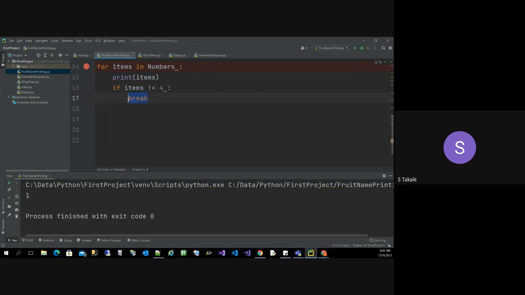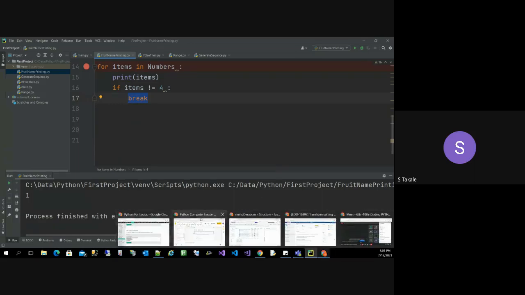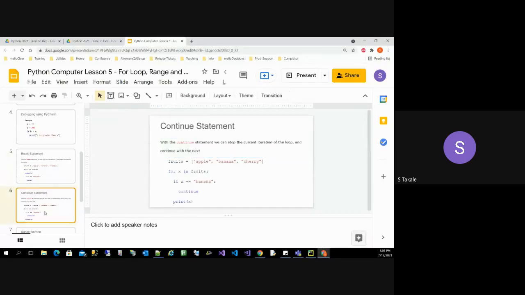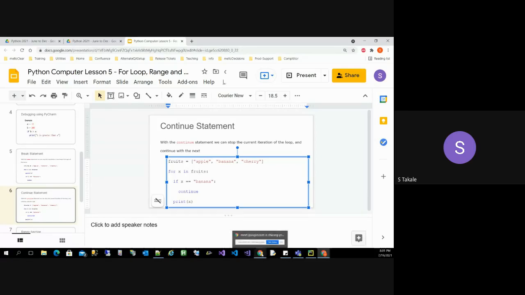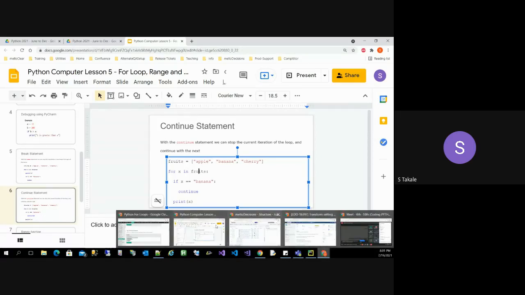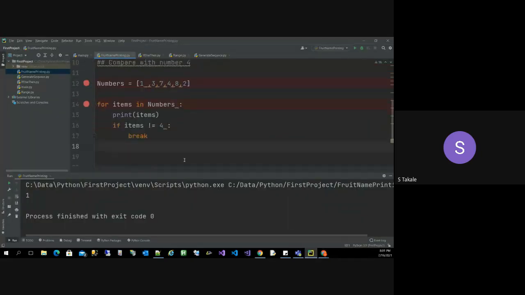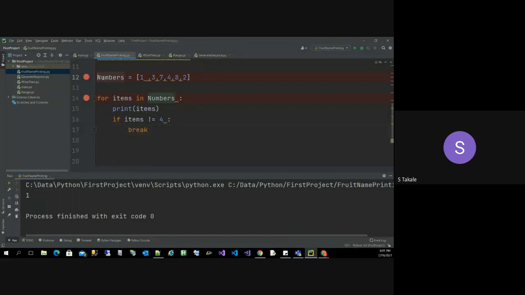So now we know the break statement, right? There is another complementary statement like break. It's called the continue statement. So I think we will do the continue statement just like what we did with the break statement. Let's go and do it. I think we are going very slow, guys, but it's okay as long as you understand, right? So let's do it quickly. I'm going to go back again to our old